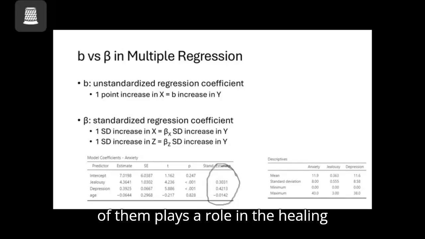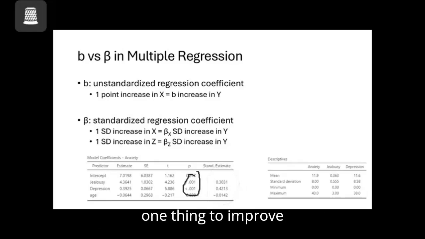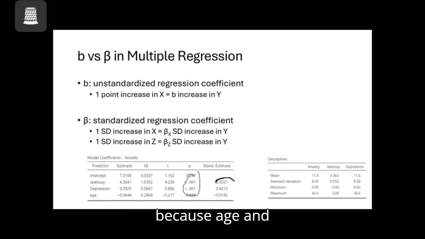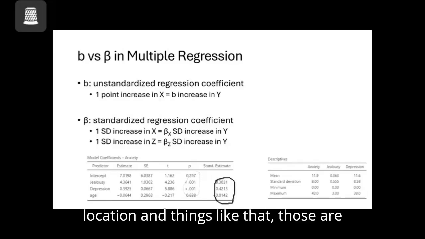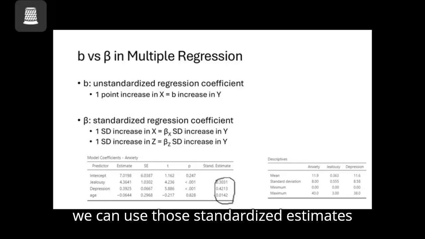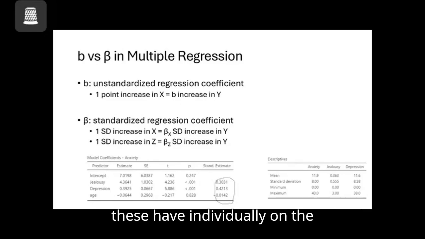Every single one of them plays a role in the healing process. But if we want to focus on one thing to improve people's outcomes after surgery, that's where we look at the standardized estimate, because age and location and things like that are not going to be on the same scale. But we can use those standardized estimates to see how much of an impact each of these has individually